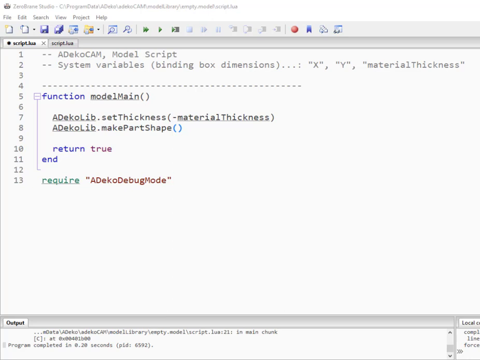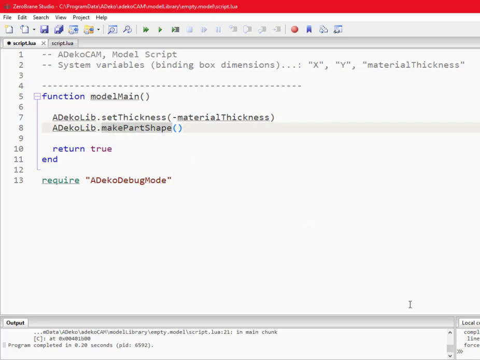In adekoCAM door and product design environment, we create part shape either by make part shape or make part commands. You must be familiar with these commands by now. These functions create by default a rectangle as the part shape. However, this happens only when they are not passed explicitly a polygon. In case we provide a closed polyline, or in other words a polygon, convex or concave, they make this polygon